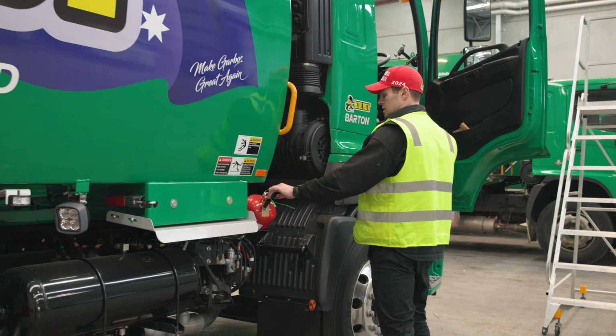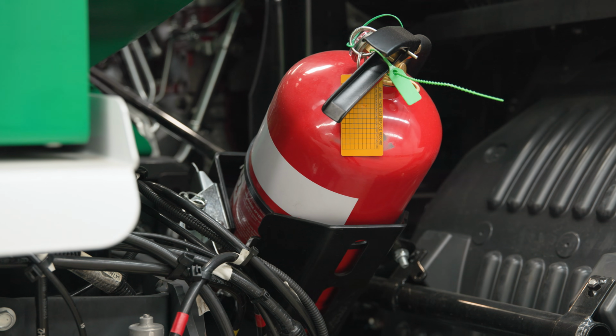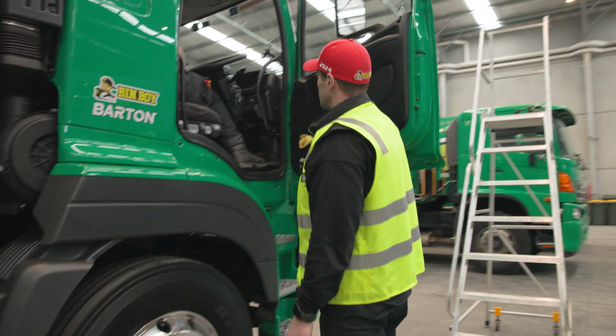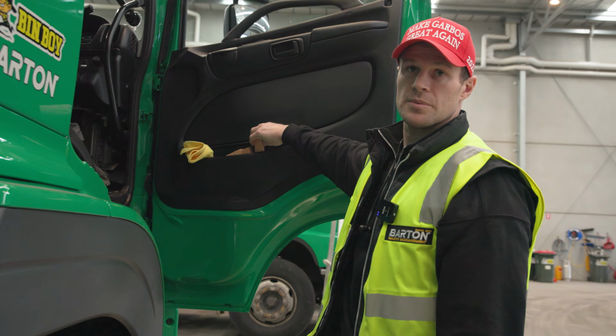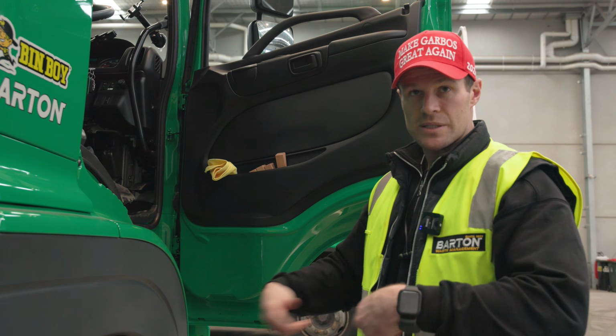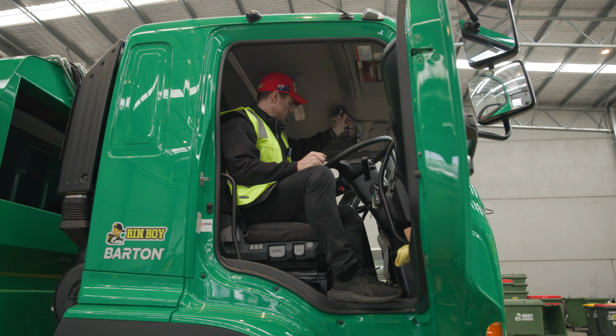The fire extinguisher now is sitting up here like this because the bracket was hanging underneath the underbody and would crack and fall. A few things that the drivers will take. Door stops are a big thing for bin rooms, wedging open bin room doors so you can wheel bins in and out without knocking stuff. Charging cords for iPad and phones, phone holder,